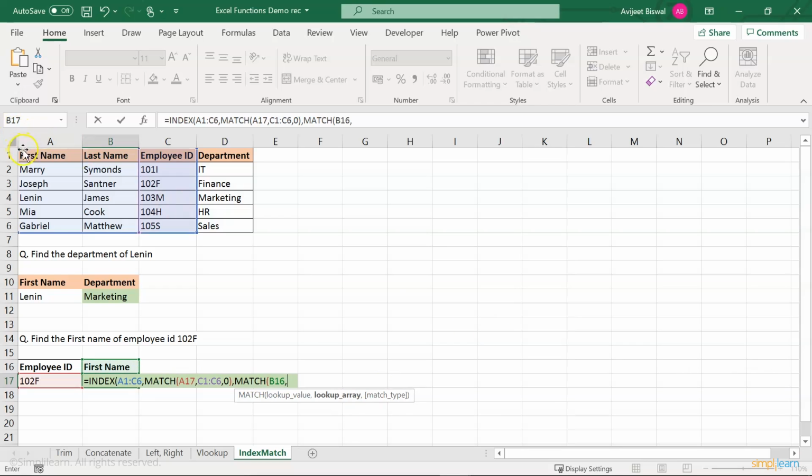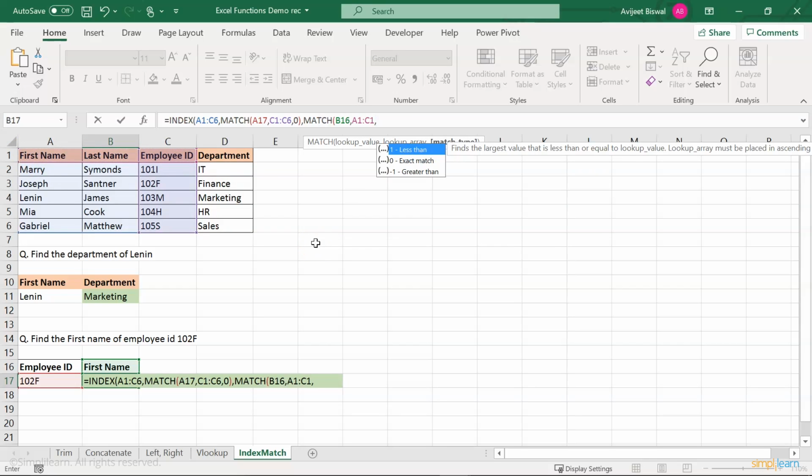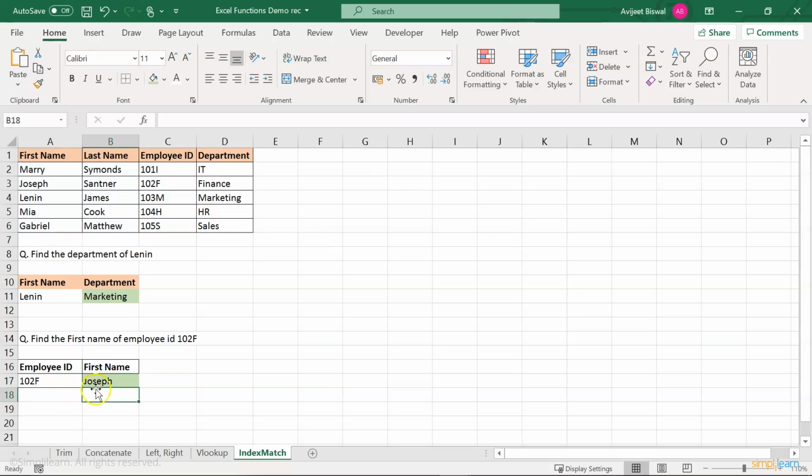My lookup array is going to be from A1 to C1, which is basically the column names, comma, then I'll give 0 since I want the exact match. Let me close the brackets and hit enter. Okay, so we have the right result, that is Joseph. So for employee ID 102F, the first name is Joseph. You saw how INDEX MATCH works and how it is different from VLOOKUP.